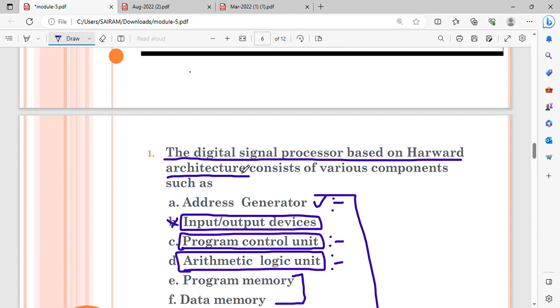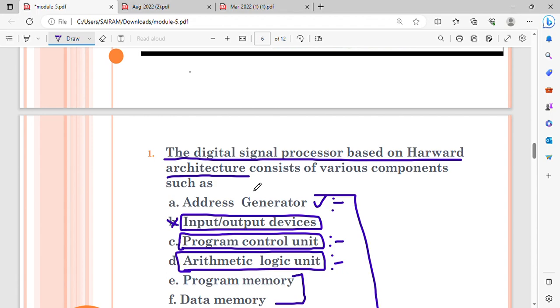So after writing that, in the case of Harvard architecture there is a separate data memory and program memory. So to accommodate that we are having a program memory address bus and data memory address bus, program memory data bus and data memory data bus are present, and it is consisting of